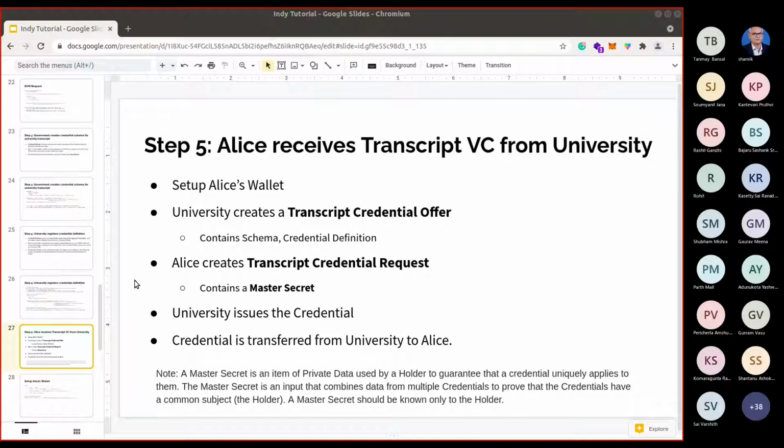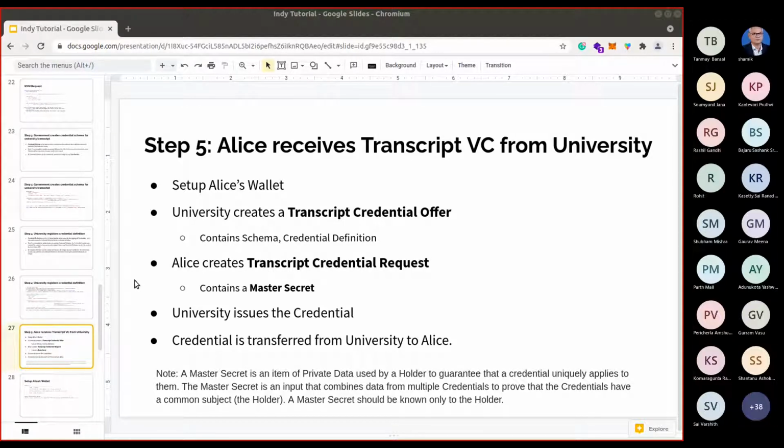So the issued credential will itself have randomization, with some bytes which are sent as the master secret by the holder during the credential request. This is also not something you will find in the actual verifiable credential specification; it is a specific thing of Indy.